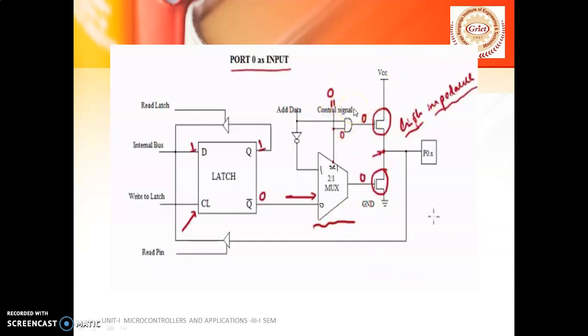Now, 1 has to be written onto the latch. As you are writing 1 onto the latch, the input is transferred to the output, so here the Q will be 1, and the Q bar will be 0. Once the Q bar is 0, it goes through the 2:1 mux, which takes the input, and the output will be 0. Once the 0 is given to this particular switch, it acts like an open switch, and it doesn't allow any data to pass through.